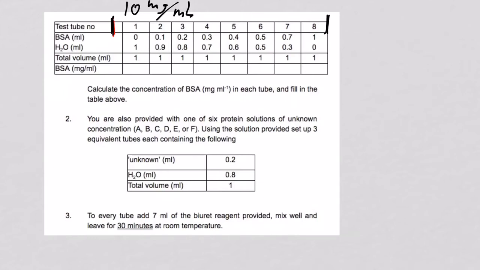And you add, for example, in test tube 1, no BSA, you add 1 milliliter of water, so your total volume is 1 milliliter. Yeah? You then take this 1 milliliter